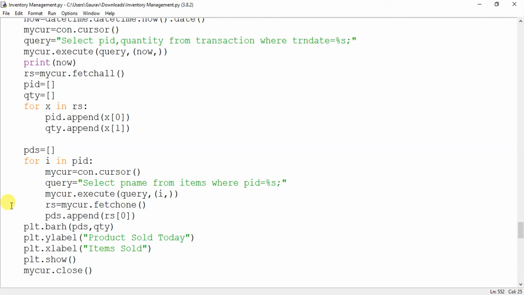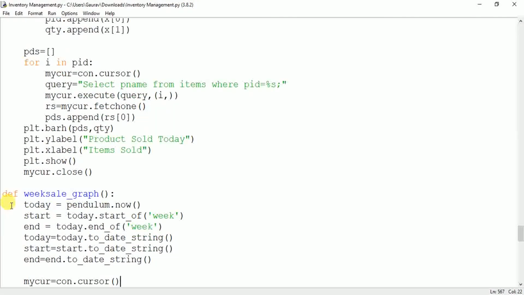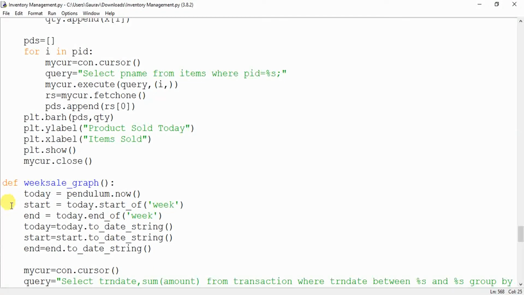Okay, so this is the day sale graph. Then we come to the week sale graph. Here we use the pendulum library. So you get pendulum.now, it is today, and to get the starting day of this week, you will write today.start_of('week'). So you will get the starting day of this week, and also the ending day of the week.